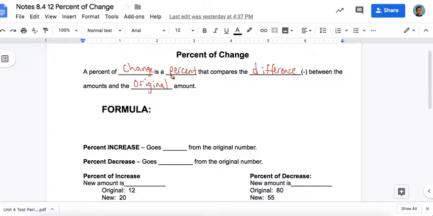Okay, so you might figure out a percent of change for a GPA. Beginning of the year, you had a 30. By the end of the year, you had an 80, and you could figure out what the percent of change was. Now, the formula for percent change is your new amount